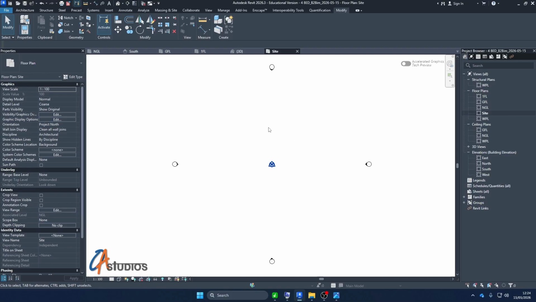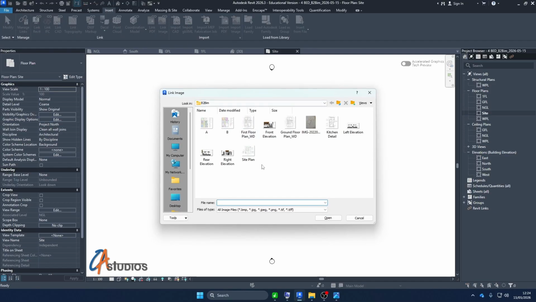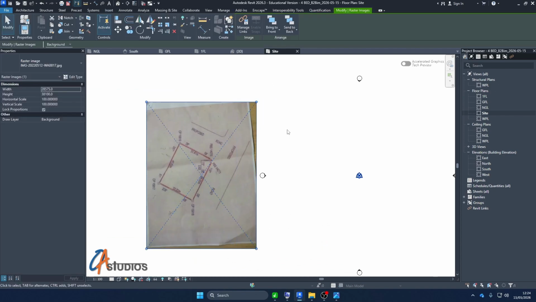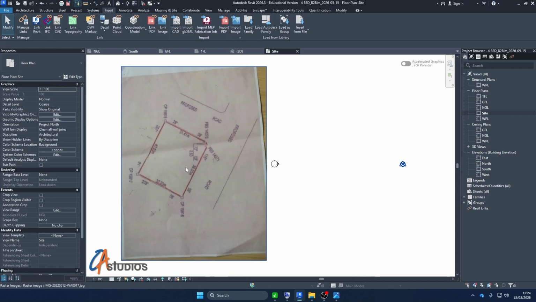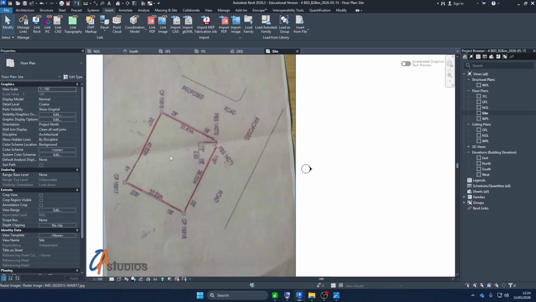So we have to get in our site survey so that we can plot out the boundaries of the site. To do that, I would also link again. I think it's an image. I will link image, and we have this image here, open it up and place it on the site. So with this we see the bearings of our site, and we are going to plot that out